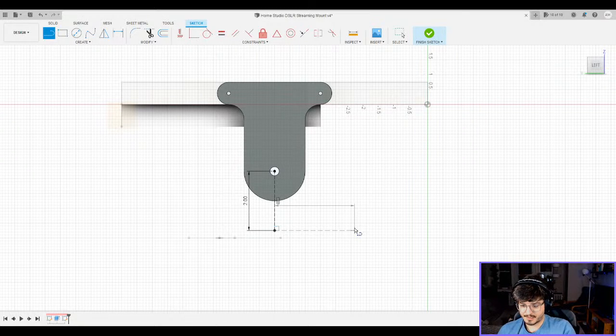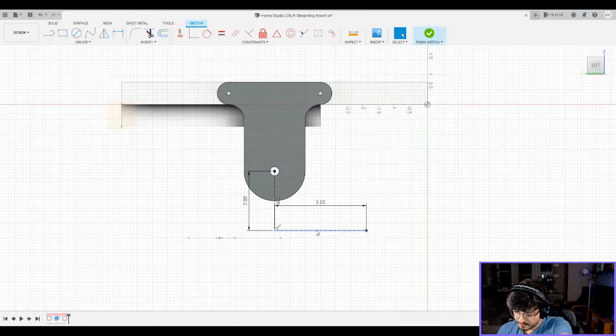Okay, so this whole thing is going to be 4 inches. Sorry, 3 inches. There we go. That doesn't make sense. 3 inches until the end of it, or until the center? Yeah, I guess so. Okay.